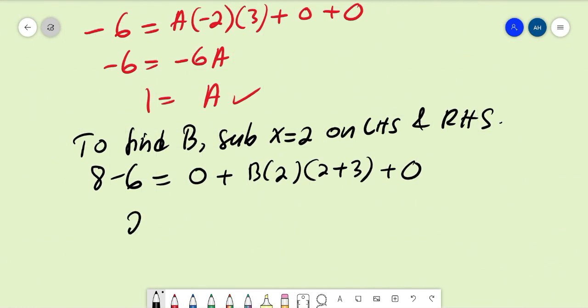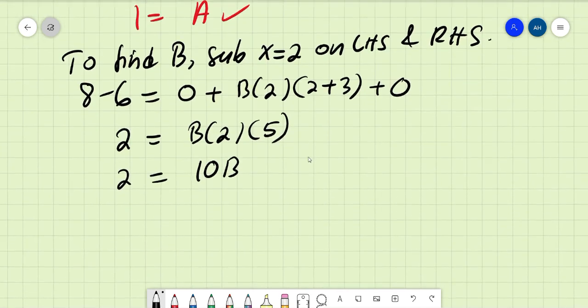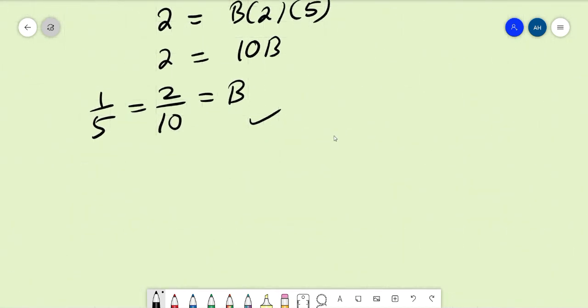In this case, we have b multiplied by 2 and multiplied by 2 plus 3, which is 5. So we have 10b equal to 2. Therefore, we have b equal to 2 over 10, or equal to 1 over 5. Okay, we got that. Now, to find c,